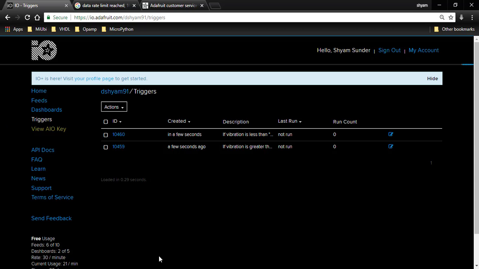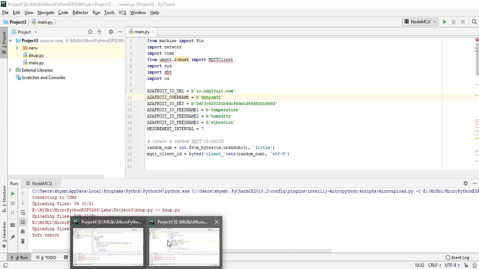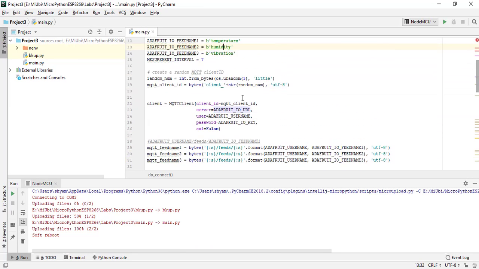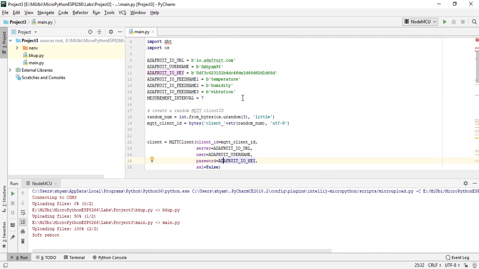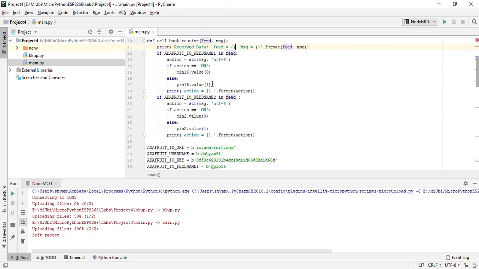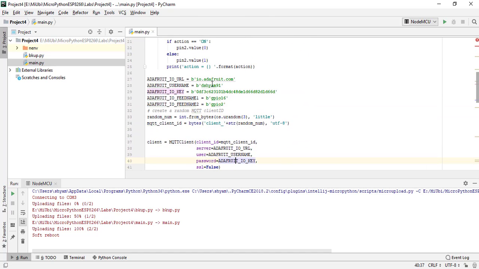Now what I shall do is go back to the code. You have two projects. In one project, you are sending temperature and humidity sensor data. Let the project be the same, flash it in one board. And we have one more project where we were sending our trigger data, GPIO 2 or GPIO 16. We were trying to control the GPIOs from Adafruit. Now these are two projects. What I have done is flash one project in one board and another project in another board.